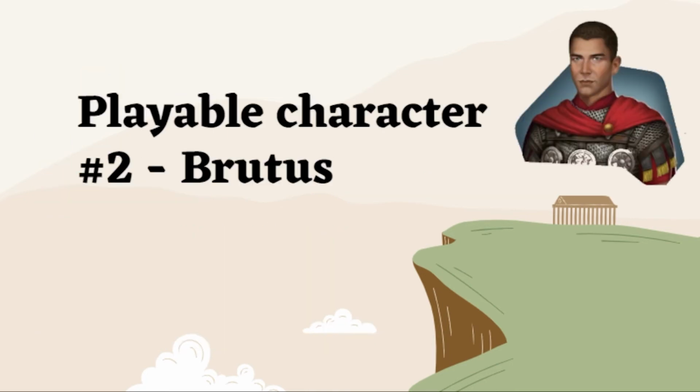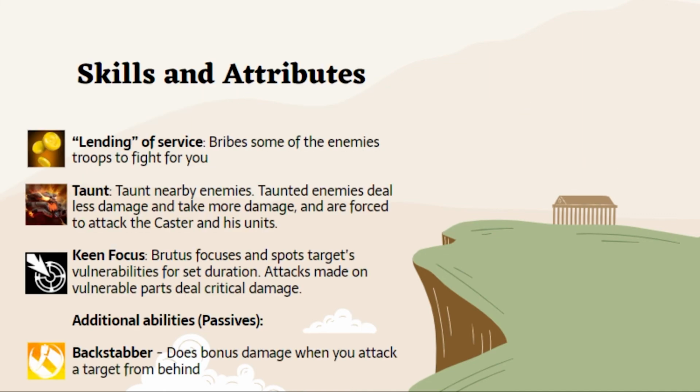Next, we have Brutus, who acts as a foil to Octavian, where his skills are morally questionable. His skills reflect that of his status as a cunning traitor that is on your side this time round. This includes convincing enemies to betray their leaders by bribing them, as a reference to how Brutus was one of the conspirators who initiated the plan to murder Caesar. He takes into account people's weaknesses and backstabs them for his advantage.